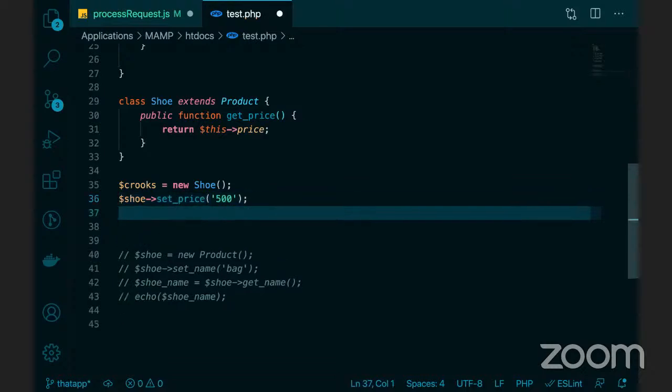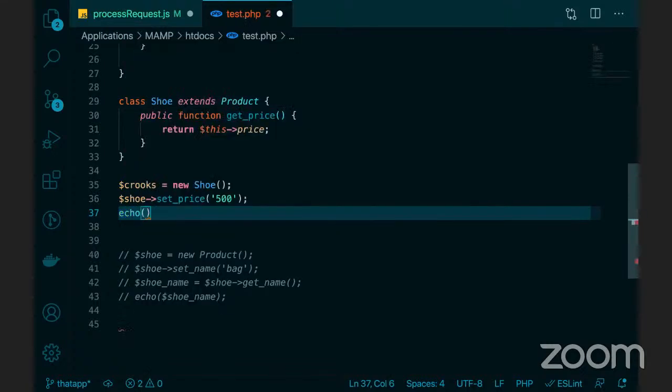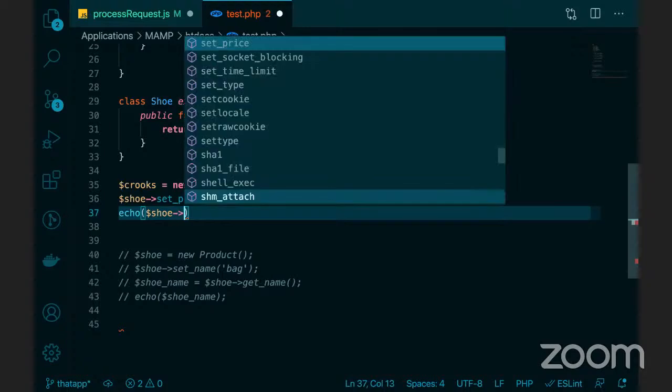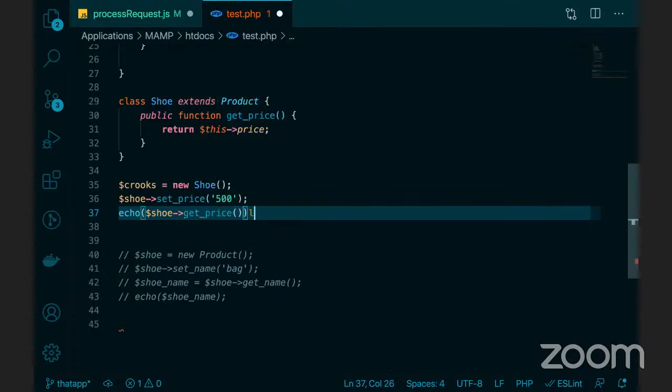Now, I can get the price too by doing this. Echo shoe dot what? Get underscore price. And what would this give me? This should give me 500. Why? Because I set the price. I've set the price of the shoe to be 500. The price of the shoe should be 500. And I've also written a method to